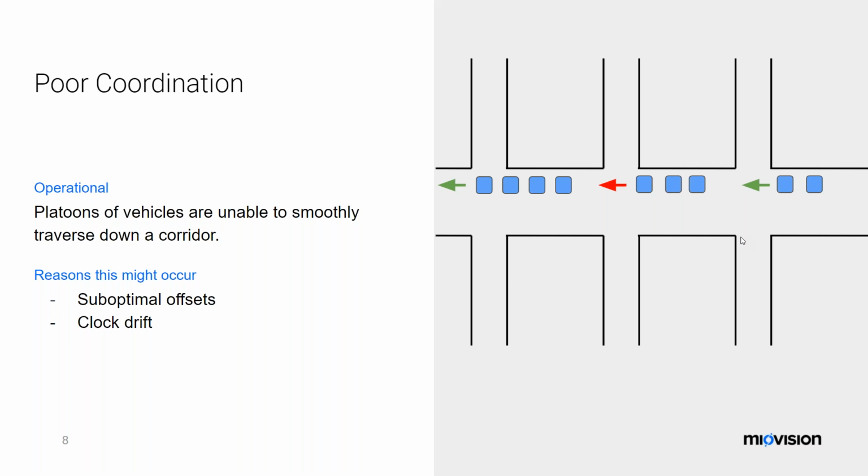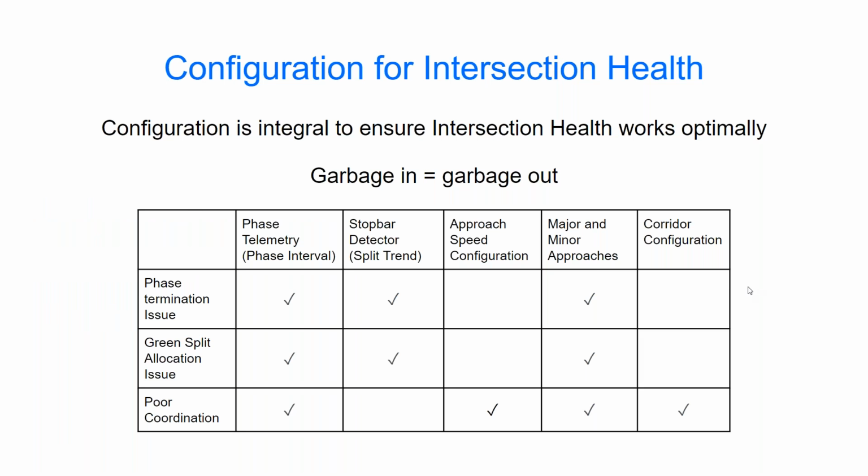So we have these three major problems that our system identifies and tries to highlight where they are in the network to help you really take that alert and assess the situation, look through the performance measures, and create an outcome. And I believe Olivia has an example of that in a little bit.